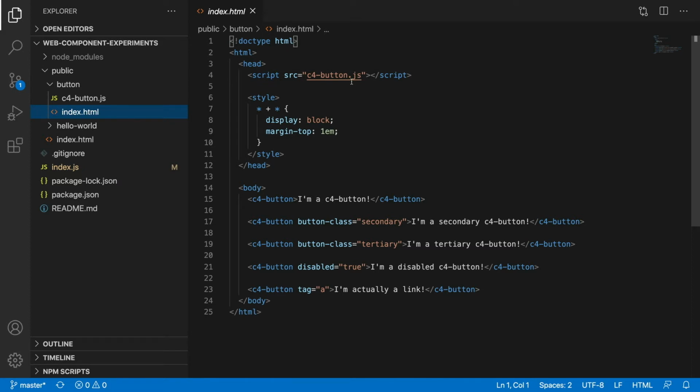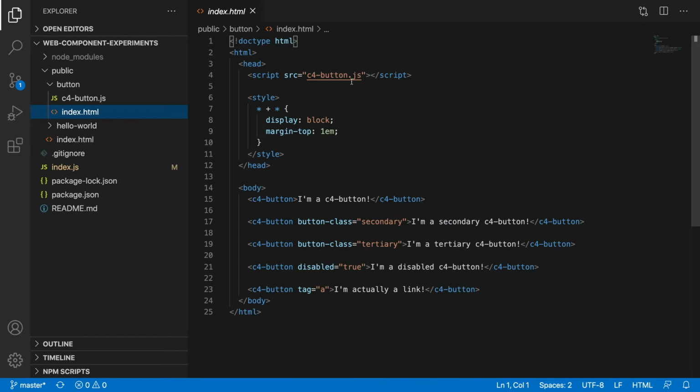This is a challenge for situations where you want to make sure that you're supporting progressive enhancement, because if that script isn't available, these custom elements don't mean anything. It's part of the reason why we tend to think about web components as part of design systems and sort of pieces of a puzzle, and maybe or maybe not what actually is delivered to the end user's page.